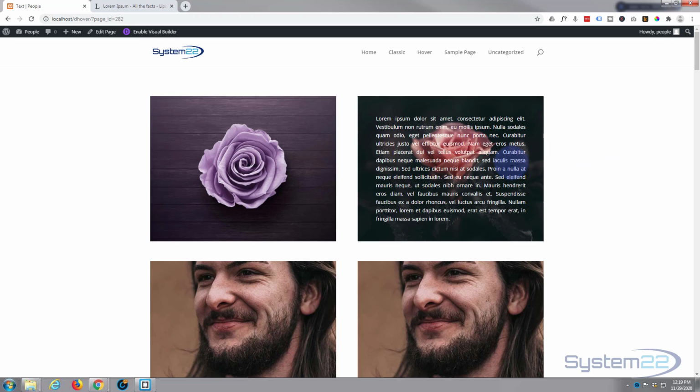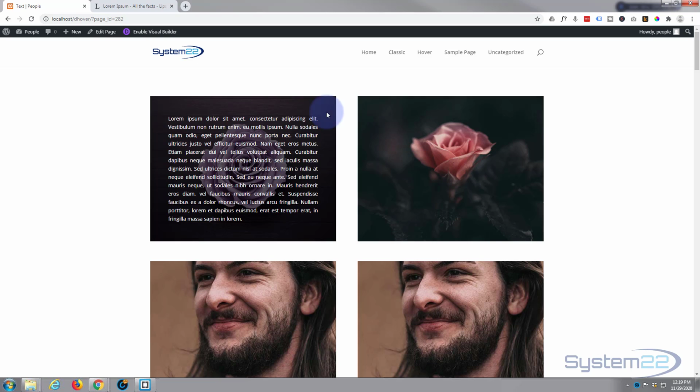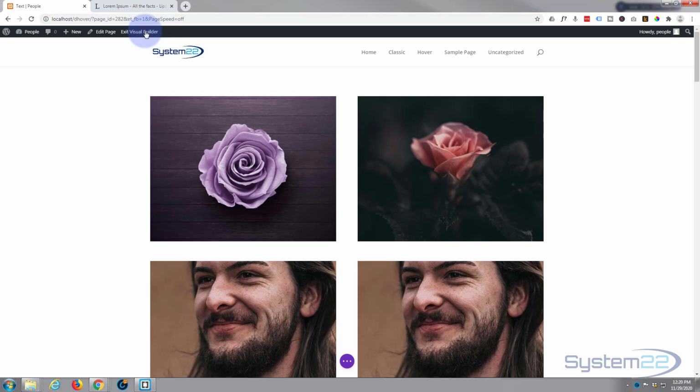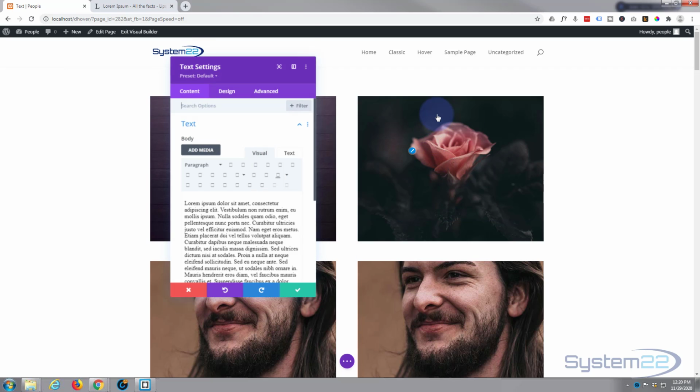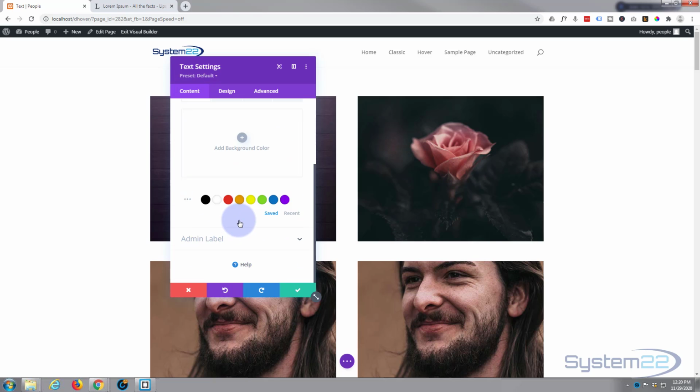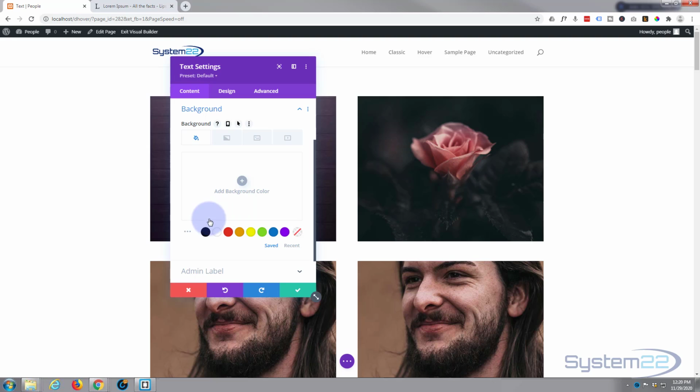The only other thing I might have done on this one, let's do it quickly, is on the hover state we could add a darker background so we can just see the rows, but the writing would be a little bit more prominent. I think I did this on this one, yeah. So let's quickly do that. Enable the Visual Builder. And we'll go into this module. And we're in the Content tab, we'll go down to Background, and just on the hover state,